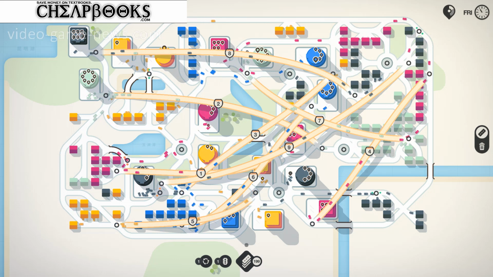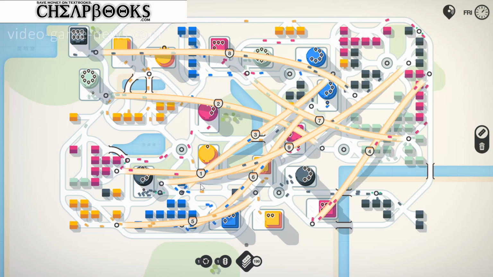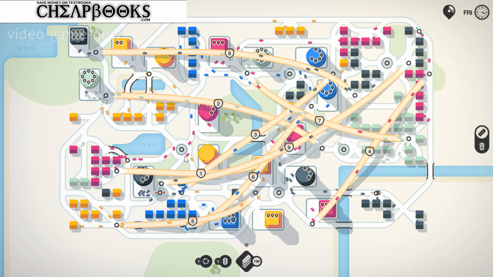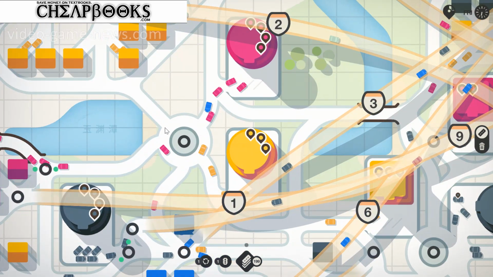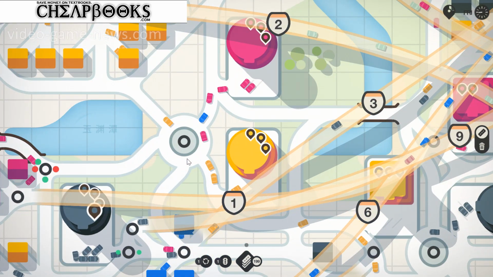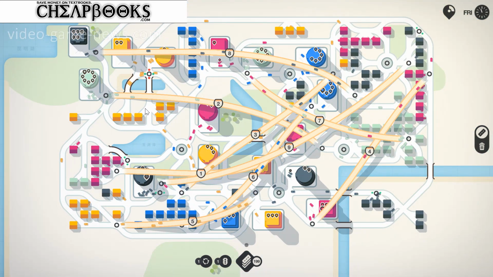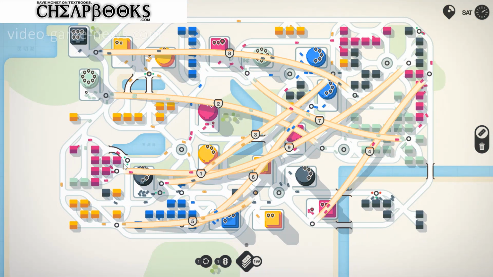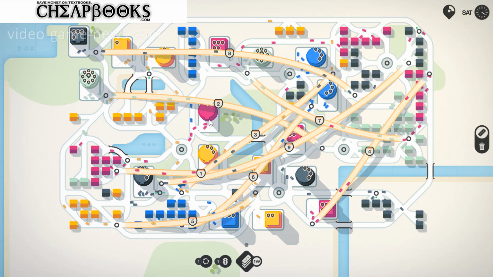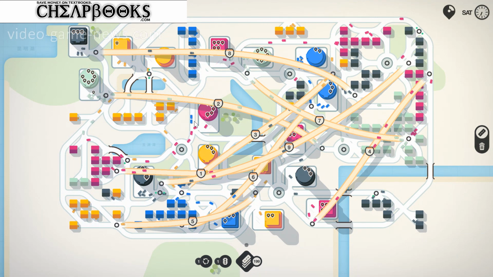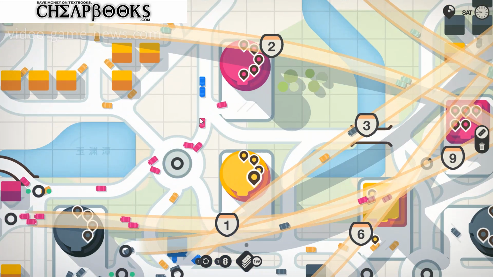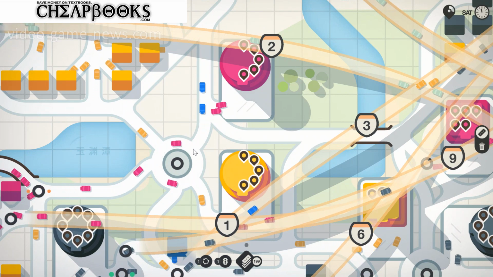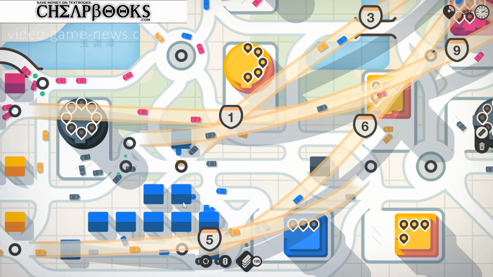Mini Motorways, how to use a roundabout. So I'm going to show you how to use roundabouts. Here's one that I have, which is allowing the yellow houses to get to the yellow building and allowing the red houses to get to the red building. And also occasionally we have blue cars that are coming through that are going down to these houses over here